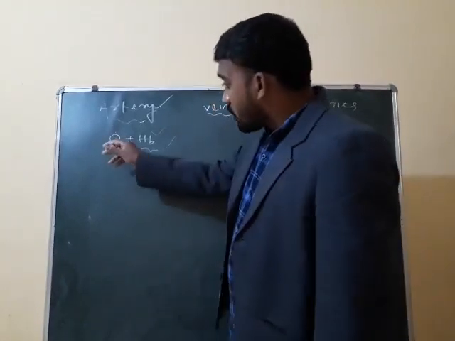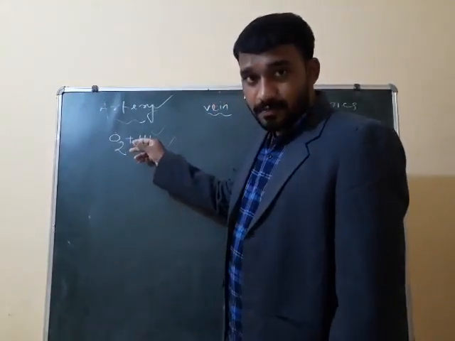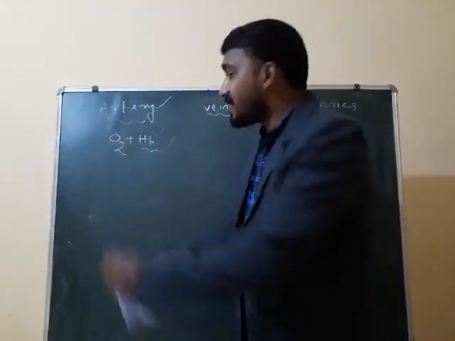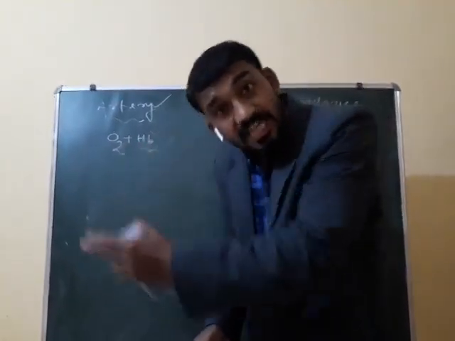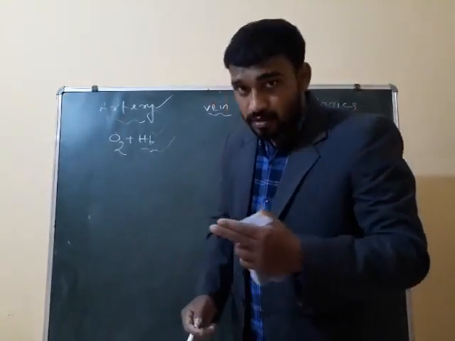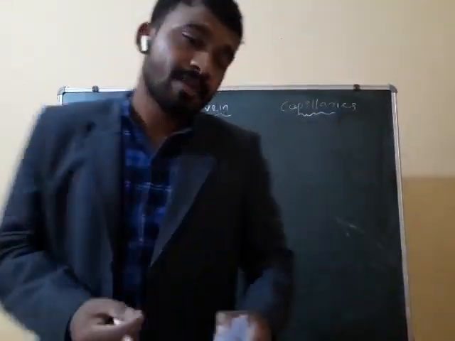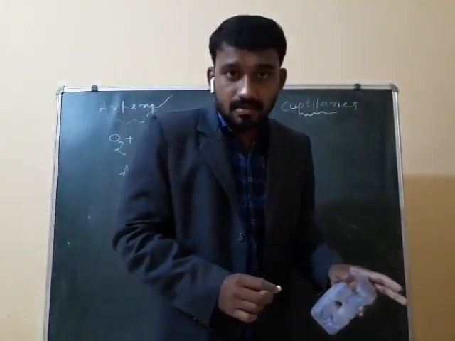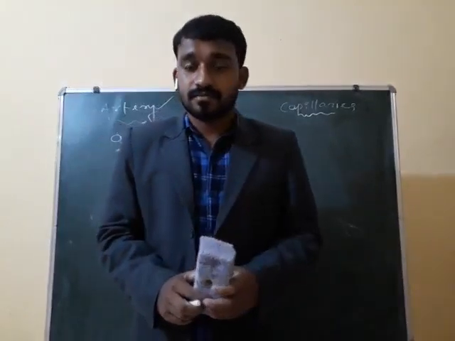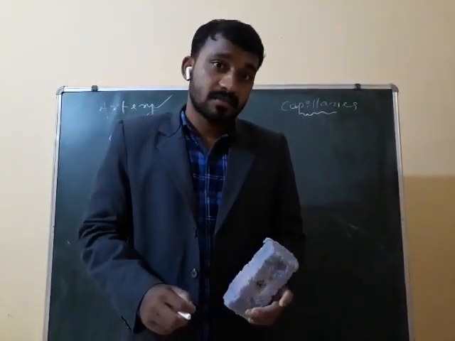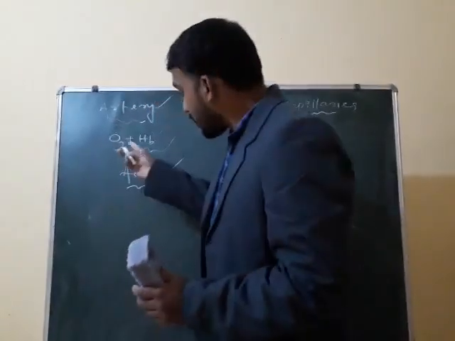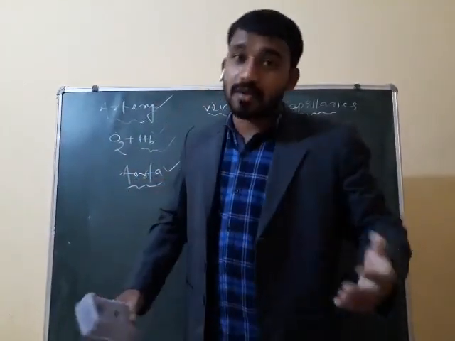Clear? So when oxygen mixes with hemoglobin, it becomes oxyhemoglobin. That oxygenated blood is transported by the heart to each and every part of the body through an artery named aorta. We will read about the aorta when we discuss the different parts of the heart. So artery carries oxygenated blood from the heart to each and every part of the body,